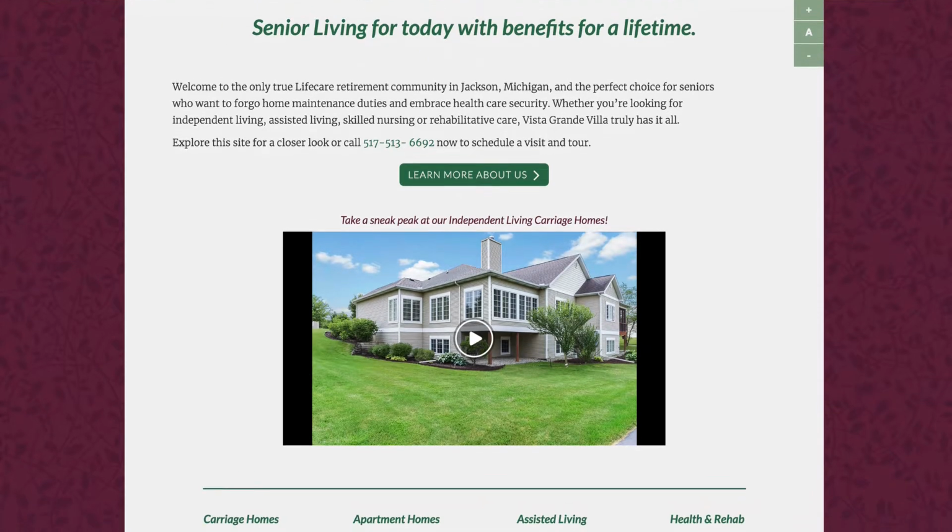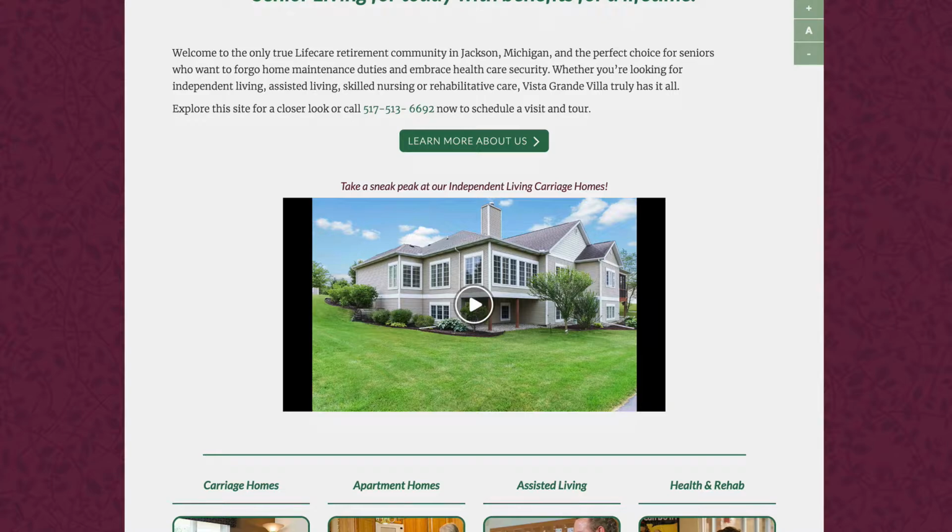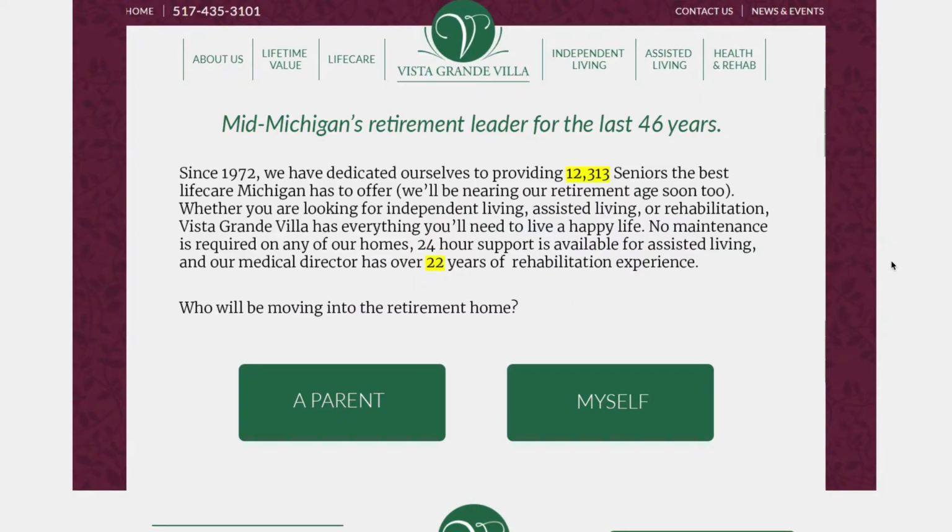So we came up with an idea which, from a design perspective, is terrible. I'm not at all suggesting that this is exactly how it needs to be designed. But what I am saying is that this architecture is something that can radically transform conversion rates. So let me show you what we came up with. We redid their homepage. So now when you come to their homepage, it's much more focused.